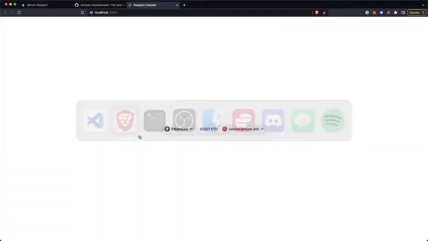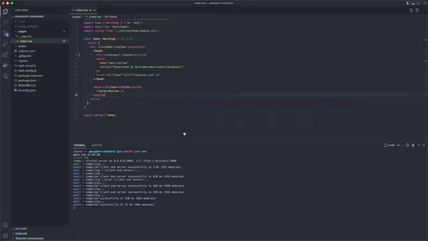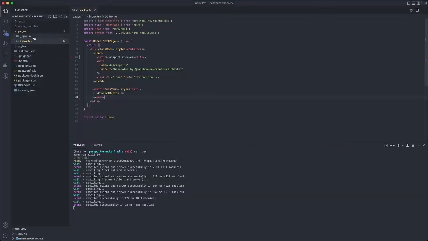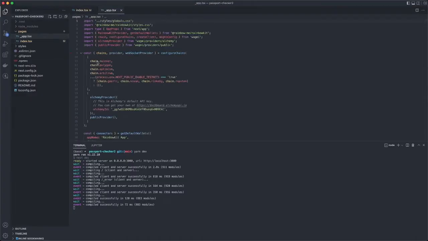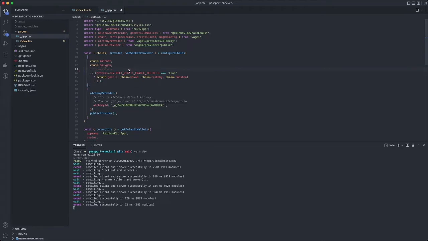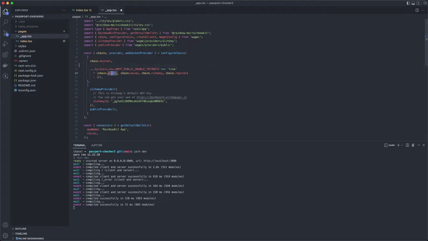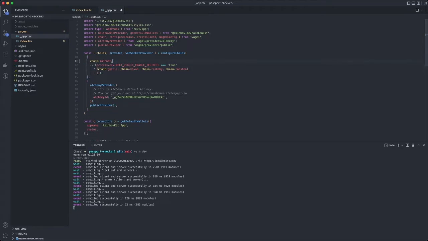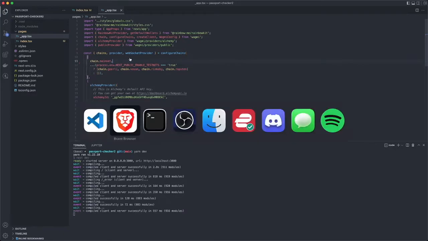We'll save that, go back to the browser, and it should have automatically refreshed with just the connect button up here for connecting to a different network and connecting a different wallet address. So we don't actually need all the different networks, so we can come in the app.typescript file and delete all of these chains except for mainnet. So we can go ahead and delete that and then come back,